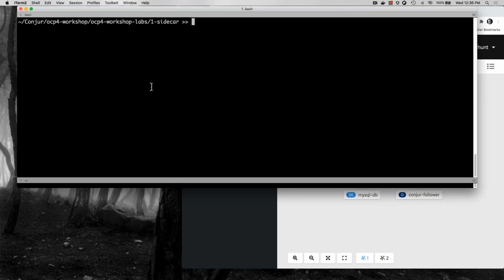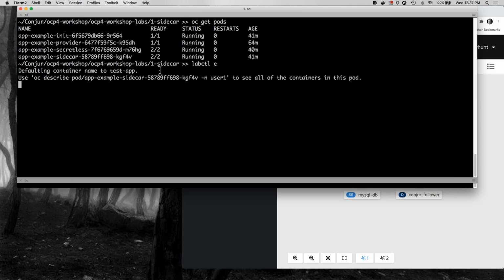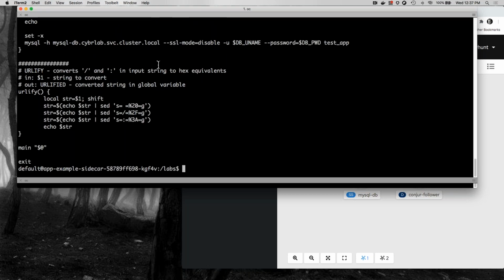So that first one, where the authenticator container is running in the sidecar. If I do an oc get pods, we see that we've got my 4 examples running here. So I'm going to look at this example first. We can see that there's 2 containers, 2 ready. So that's the application container and the authenticator container. If I exec into that, I'm just going to use my utility here to avoid typing. I'm going to exec into this container and cat out this script, which is that bash script that I talked about,